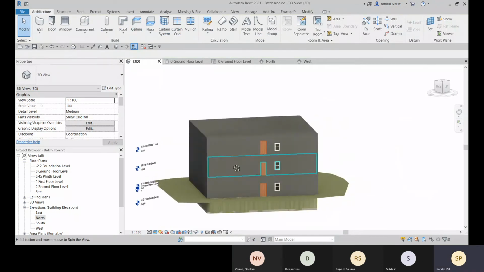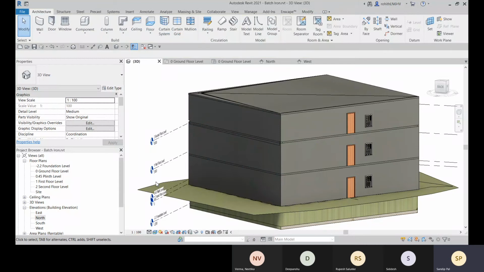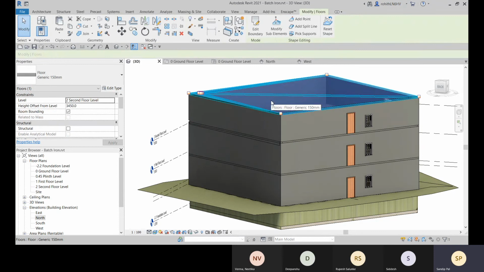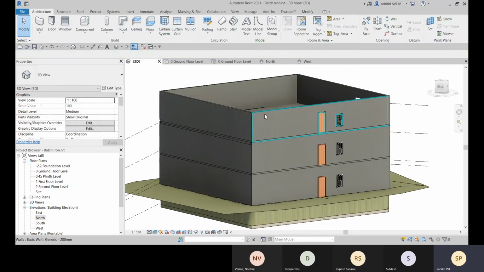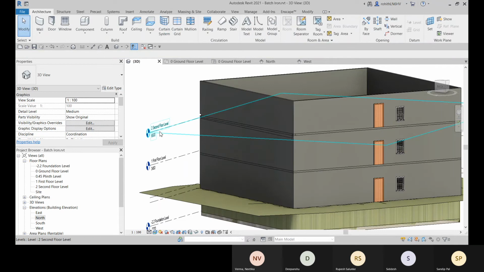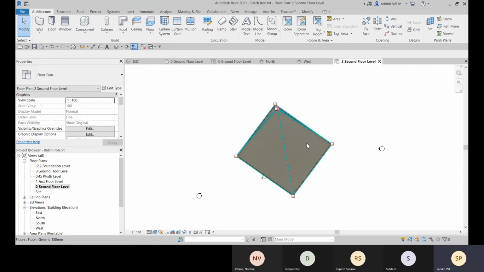Now see that we have created the floors, and if you need to create a ceiling also, for that we can go with this ceiling option, and the same way we can create some ceilings. Let me show you, if I need to create a ceiling here for this second floor level, let's go to the second floor level here.